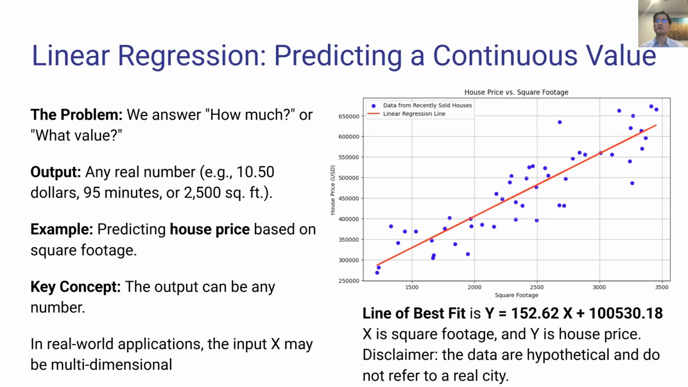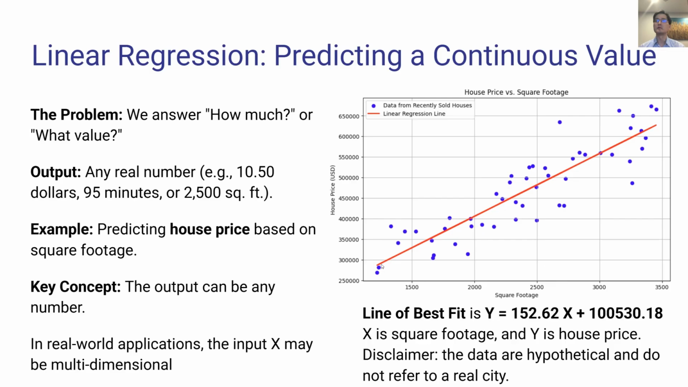So if you look at the diagram on the right, I produced some hypothetical data. Let's say the blue points are data from recently sold houses. The x-axis here is the square footage. The y-axis is house price in US dollars. So based on all these blue points, we use linear regression to compute the line of best fit, which is